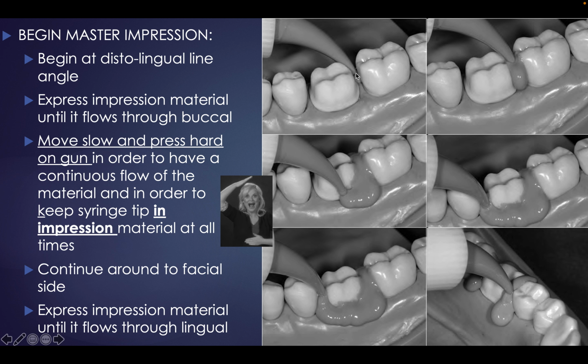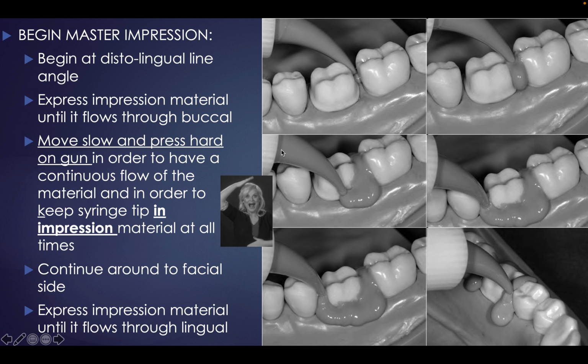You start your impression from the distolingual area, because it's not an easy one. You bleed the tip a bit outside the patient's mouth, make sure you have a nice mix, and then you put it in the distolingual area and get it to flow. You don't move until you see a bit of flow, and then you move. Always there is some material ahead of you as you are moving. You move slow,